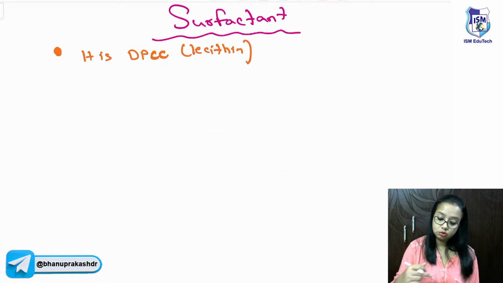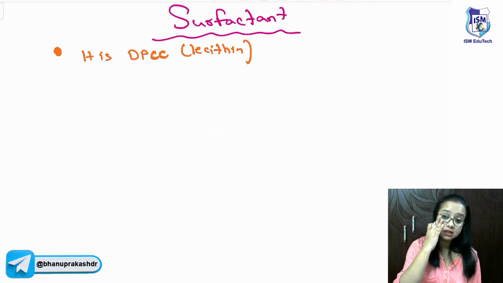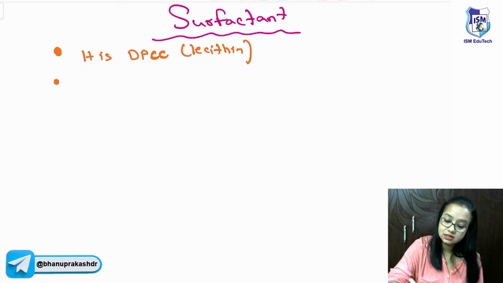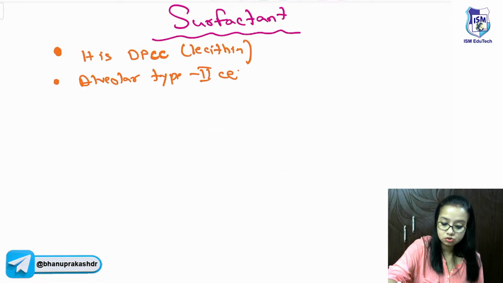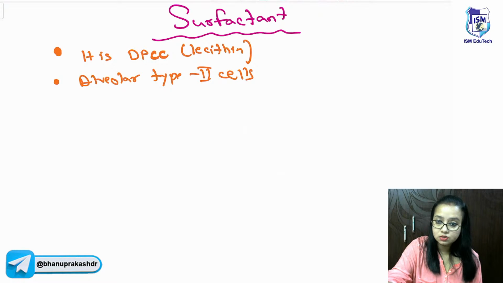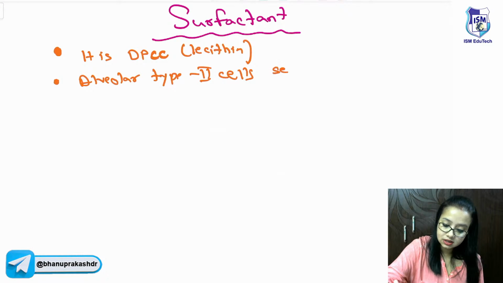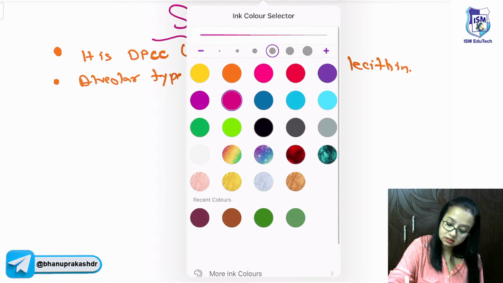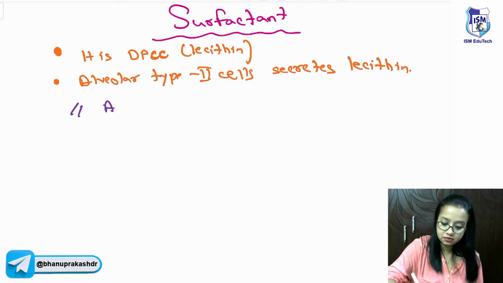function, through the lipase carrier protein, it is moved to the external leaf of the cell membrane, which we have studied in the first chapter itself. So, it is dipalmitoyl phosphatidylcholine or lecithin, which the cell synthesizes. It is the alveolar type 2 cells, also known as the granular pneumocytes, because they have granules in the cell, and it is in the granule that the surfactant is stored. So alveolar type 2 cells secrete lecithin. So right after the secretion or synthesis, what actually happens